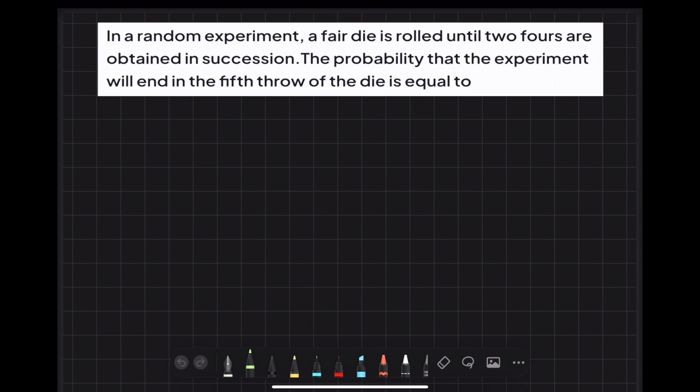So on the fifth throw we should end this experiment. So this means at fourth and fifth we should have 4. So 4 is yes. Now if you assume 4 to be here, the experiment will end at this point. Okay, so here you cannot put